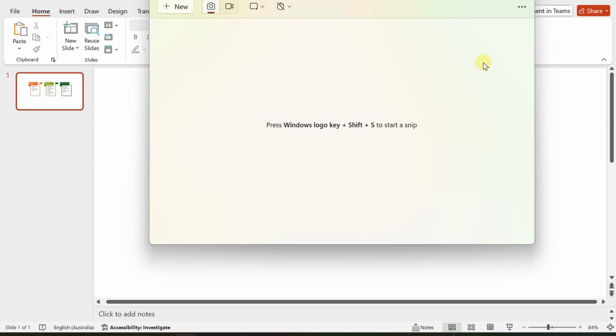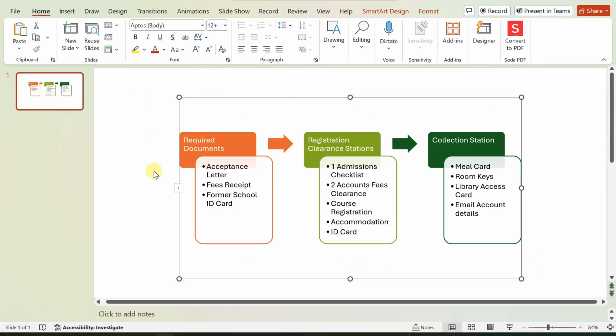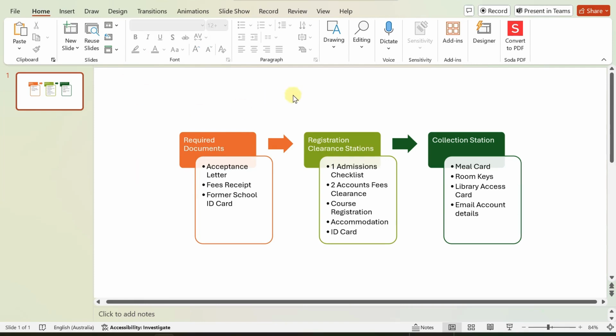PC. So for example, in this PowerPoint slide I have created this process explanation using SmartArt. So I've done it, and I want to take a snapshot of this process, so that I can use it in a presentation or in a document, and I want to save this as an image file. So in this kind of situation, the Snipping Tool